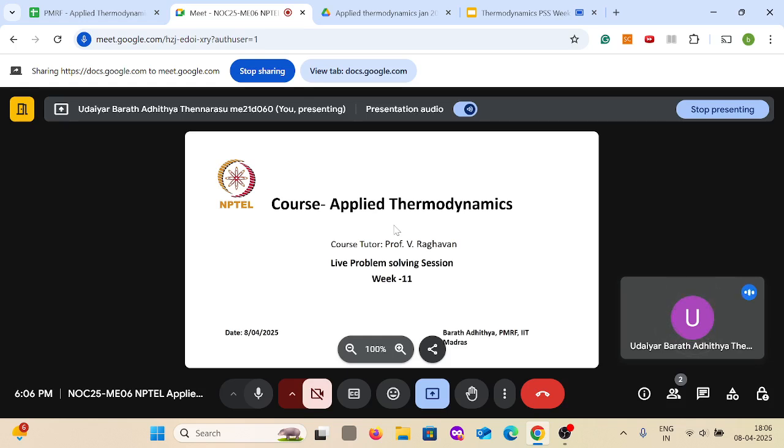Because there you will create an entropy increase, and through a normal shock, it is called normal because it is perpendicular to your flow direction, and that's why it's called a normal shock. And with normal shock, there will be an entropy increase, and your supersonic flow gets converted to a subsonic flow.